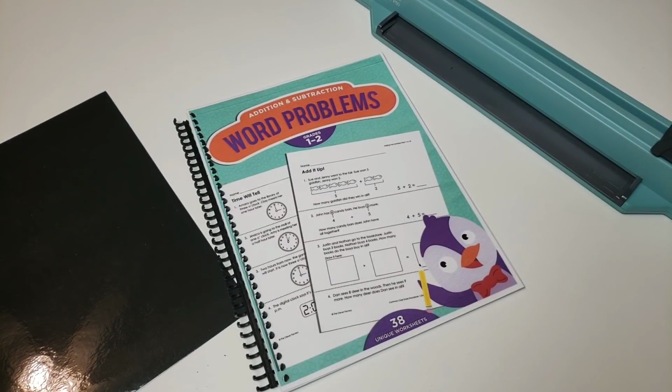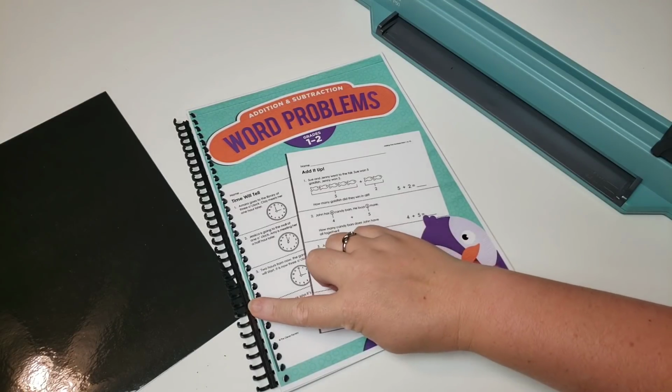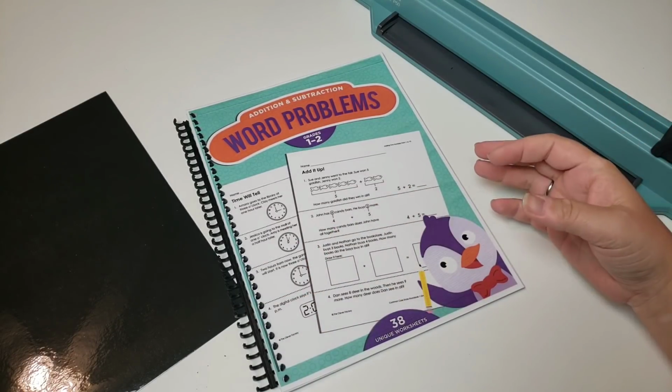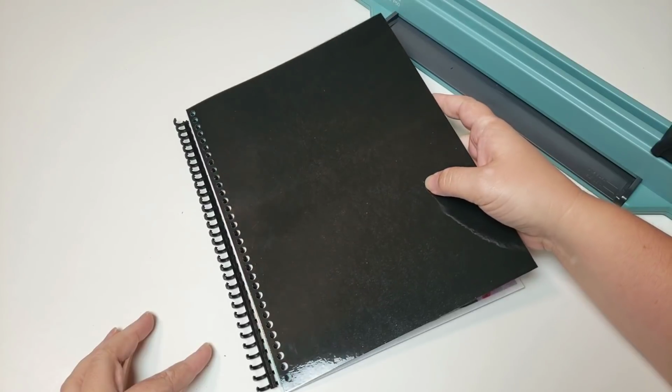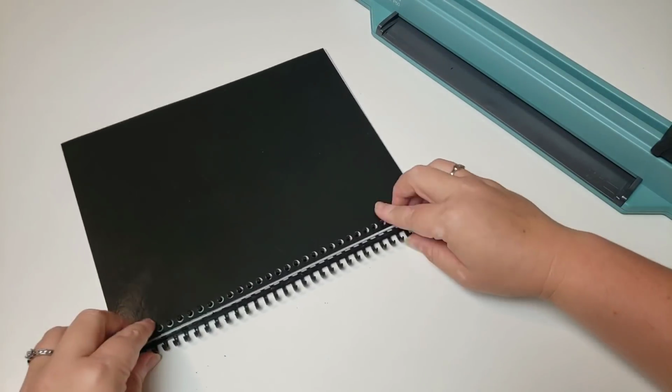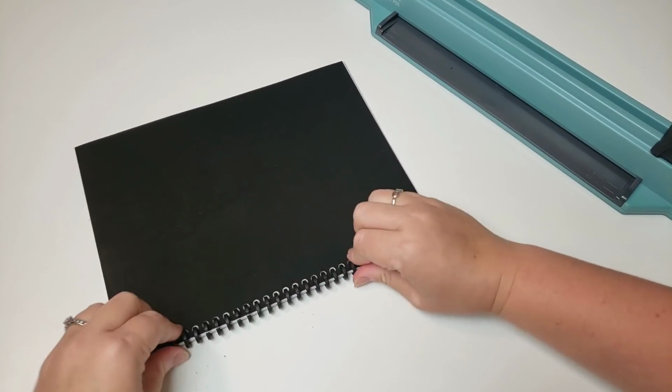All right, the very last tip I have for you guys, I wanted to make sure that you could see this, because if I say it, it will not make sense. When you put everything in your spine, put all of your pages from back to front, except your back cover. You want to put your back cover on the top. Then you're going to close it, which, like I said, I just use my fingers. But anyway, once you get it closed,